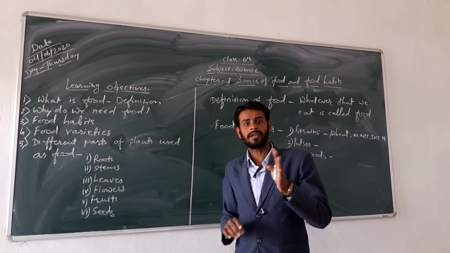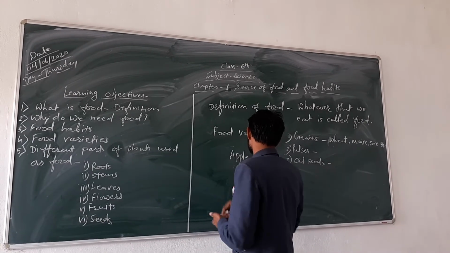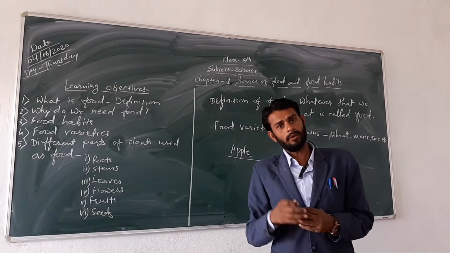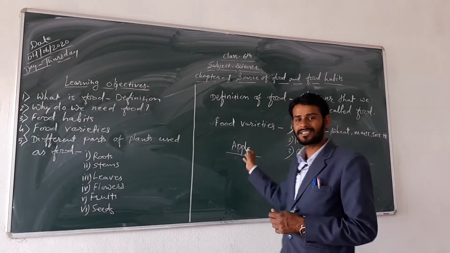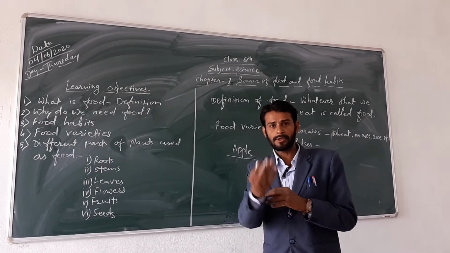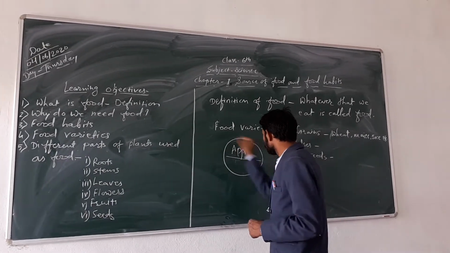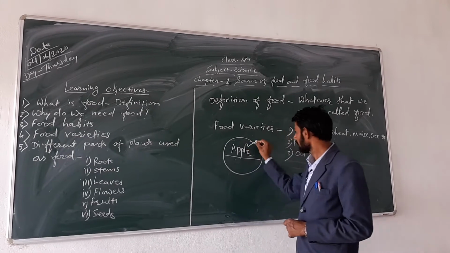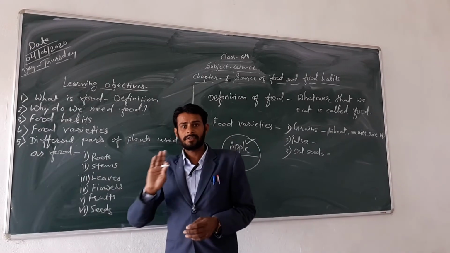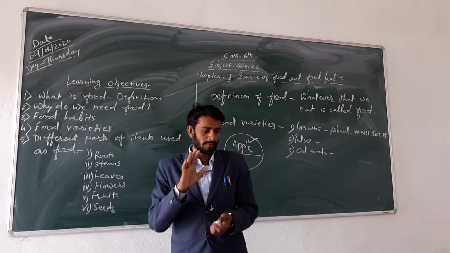Suppose we are talking about the apple plant, okay, let's understand it. In apple, can we eat all its parts like its stem, its leaves, its branches, its roots? What will be your answer? Of course, it will be no. We only eat its fruit part, and that is the apple. Okay? So, we cannot eat all the parts of all plants, but some of the plants'